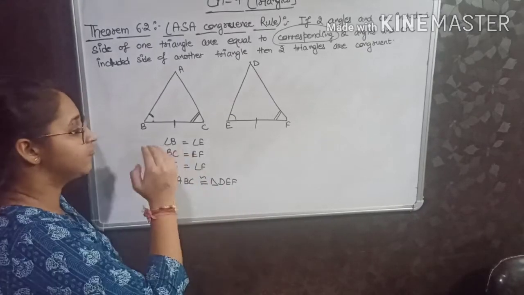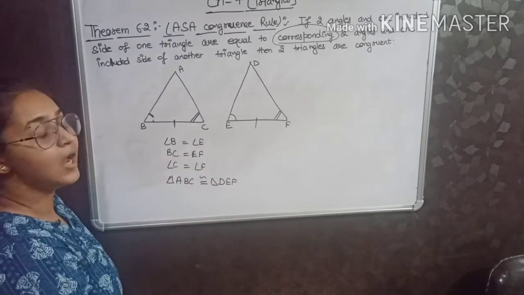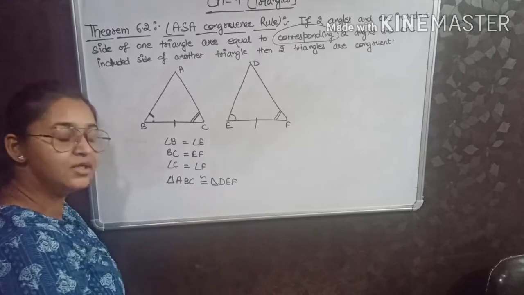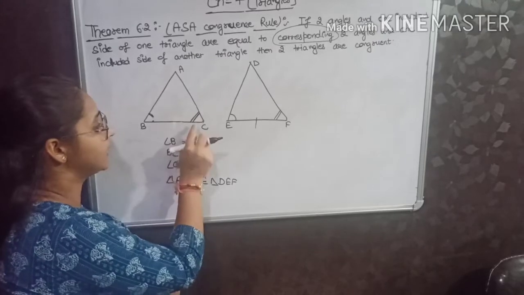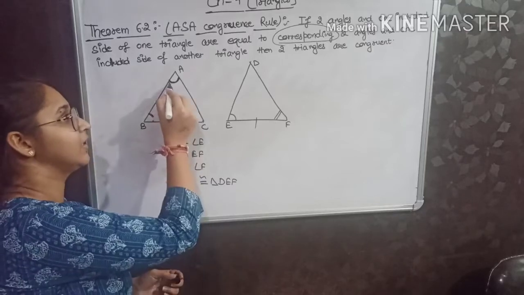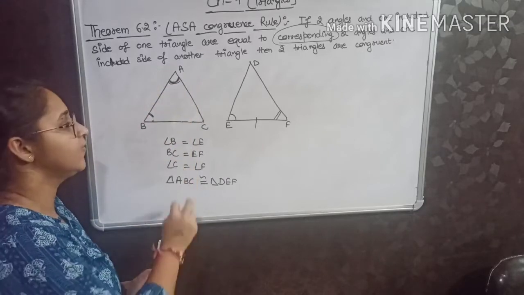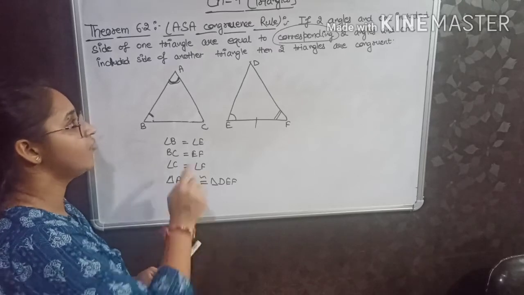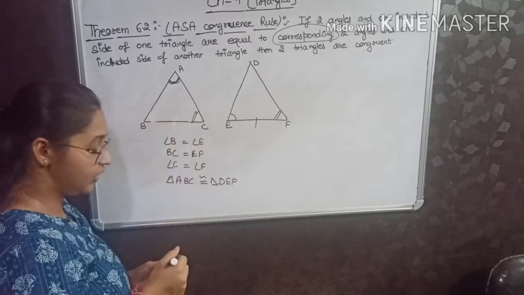So it means if these three things, two angles and one included side, of two triangles are equal, corresponding parts, then I can say that these two triangles are congruent. Now tell me, if I am taking angle B and angle A, these two angles, tell me fast in the comment section which is the included side. And similarly, write in the comment section, if I am taking angle A and angle C, which will be the included side between these two angles.